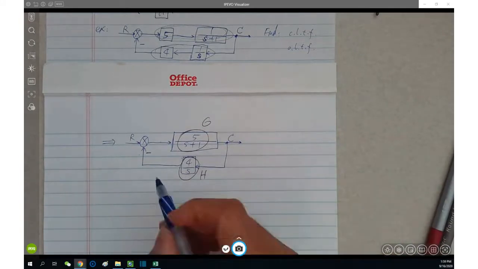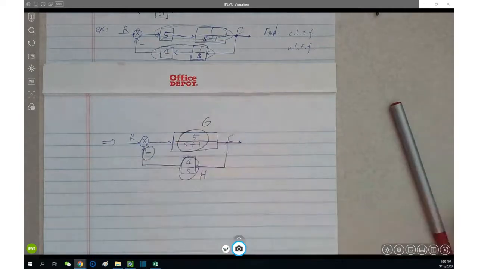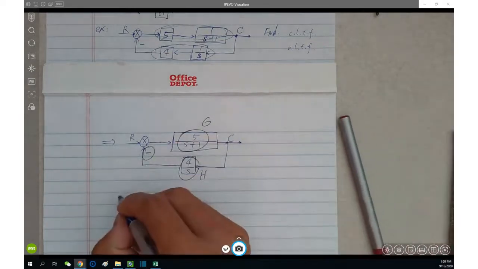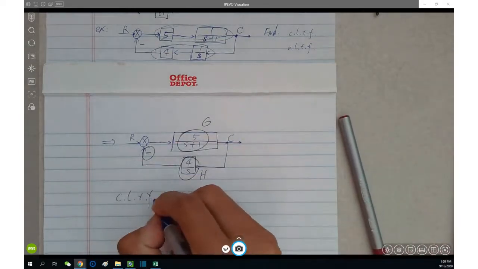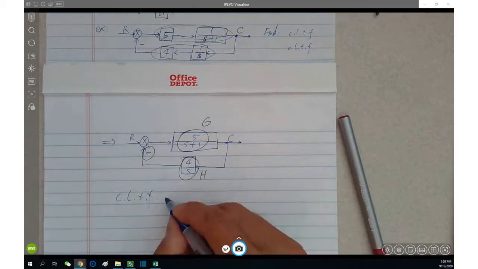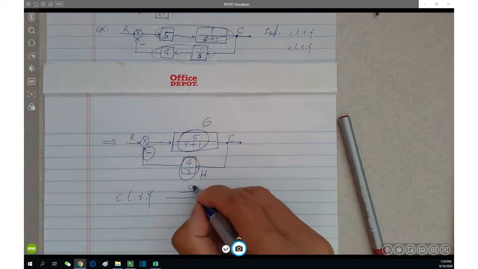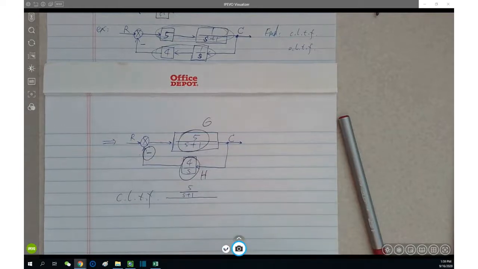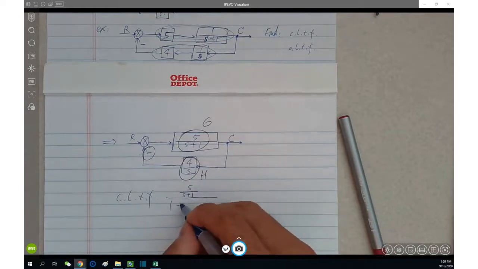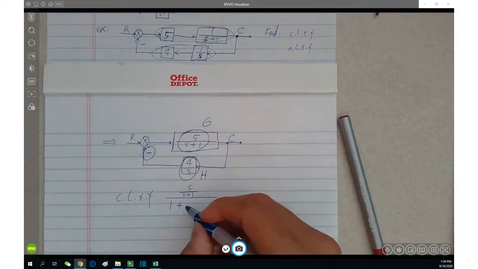Negative feedback, of course, is very important. So the closed loop transfer function, which is the total transfer function, equals G in the numerator, and the denominator is what? 1 plus, because of negative feedback, G times H. So it equals to